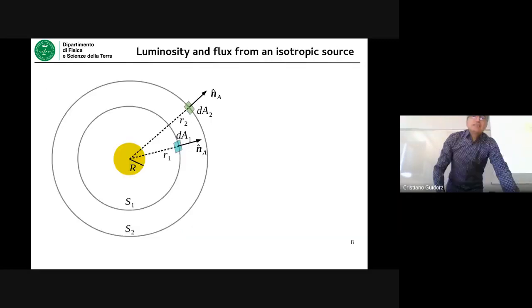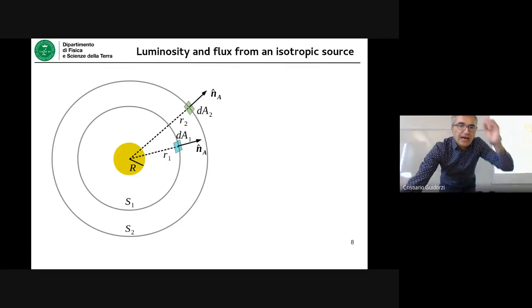Okay, so again, let's make an example just to make sure that we are in control of things. Very simple example. Let's consider an isotropic source, which I showed here with a yellow color. What does this mean? It is just emitting radiation in the same amount toward all directions, so no preferred directions. Let's calculate now the flux and the contribution to luminosity as measured in two different points. Point 1,